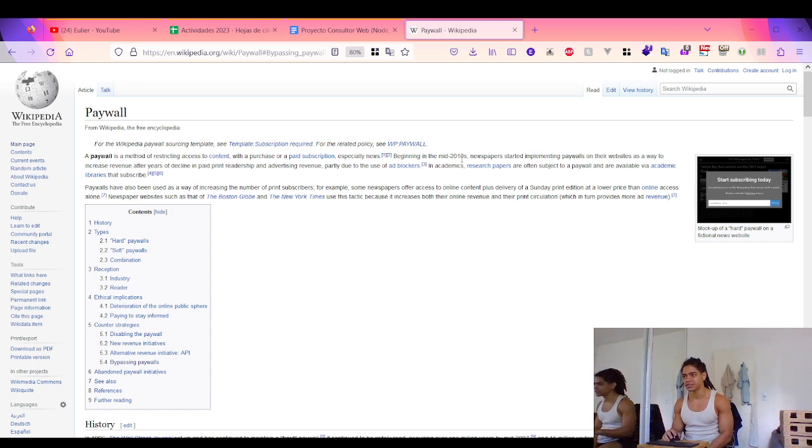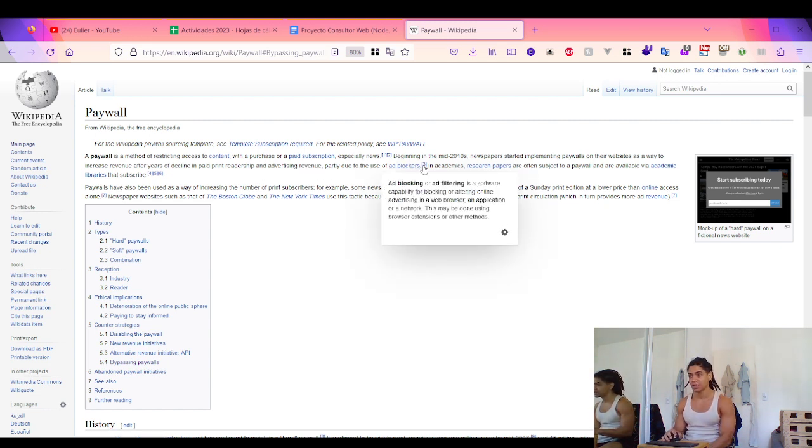So they took this decision for that. Newspapers started implementing paywalls on their websites as a way to increase revenue after years of decline in paid print readership and advertising revenue, partly due to the use of ad blockers. Academic research papers are often subject to a paywall and are available via academic libraries that subscribe.